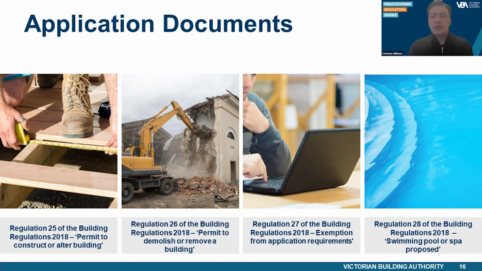An example of this could be where the RBS receives an application for proposed internal alterations. The RBS may determine that it is not relevant for the allotment plan to show the distance to the nearest intersecting street as required by Regulation 25(2)(b), as it has nothing to do with an internal alteration.